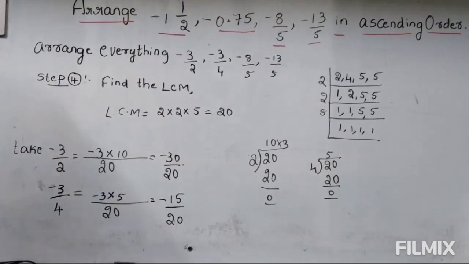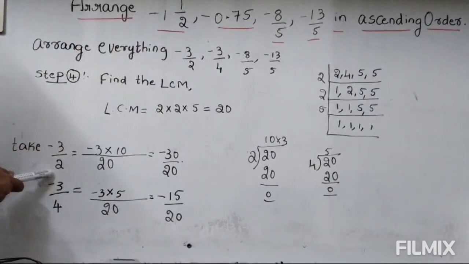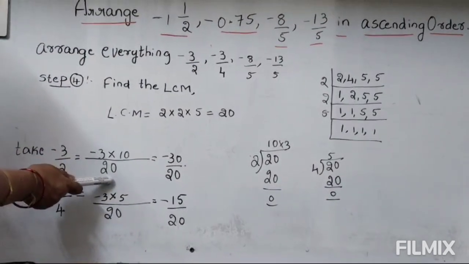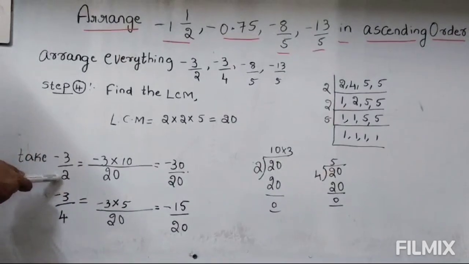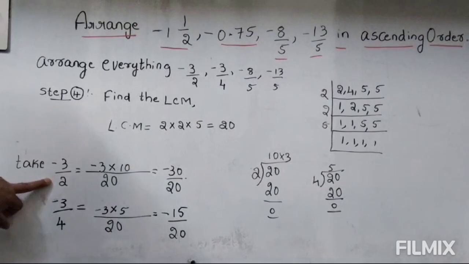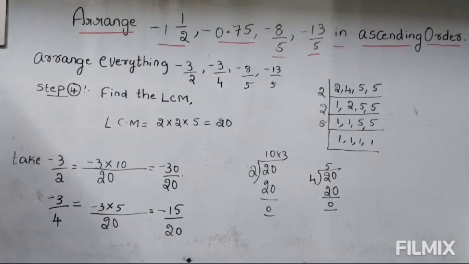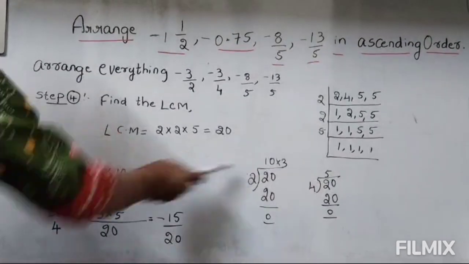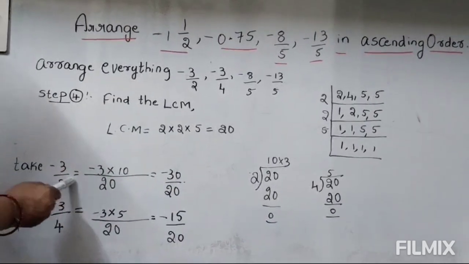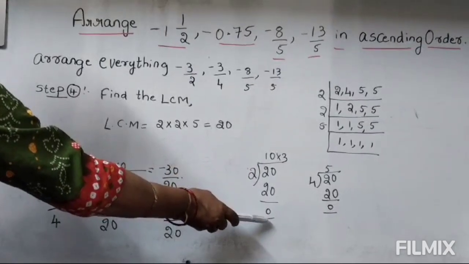Now start finding out like this. Take the first one. That is minus 3 by 2 is equal to 20 should be written here. Divide it by this denominator. You might have done this in your elementary classes. If not, I am explaining to you again here. Please learn. Look here. 20 I have taken here. What is the denominator here? It is 2. 2 10s are 20. You will get the answer as 0.